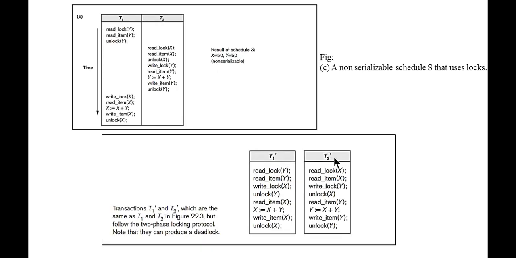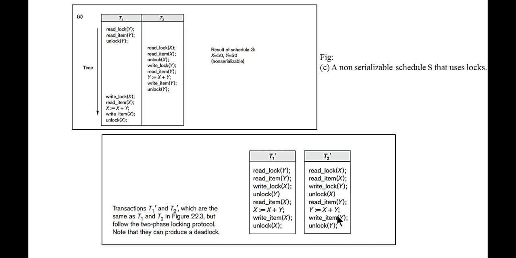But the thing is that this is also the same example. These two transactions are executed in an interleaved manner. These two transactions are not supporting two-phase locking, so it may not be serializable. That's why it is written non-serializable schedule. But when you take these two transactions in here, definitely you'll get a serializable schedule.